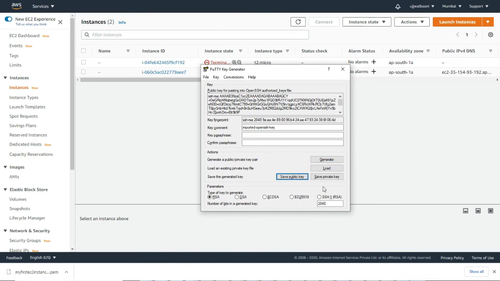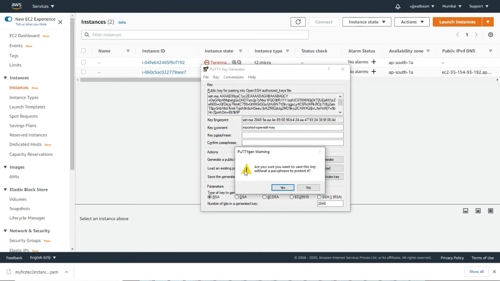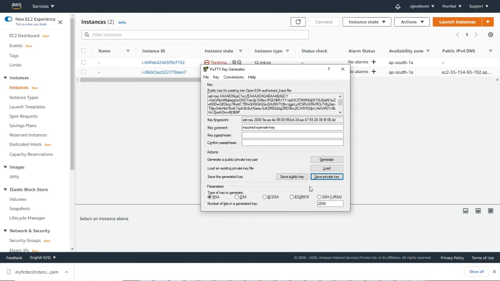When you generate a private key, it will generate a file with extension .ppk, and when you save the public key, it will not have any extension. Okay, and while saving, it will ask you for this warning message whether you want to save it without passphrase or not. Okay, you click on no, it will generate the file. Okay, now after doing this step, you will have to open the PuTTY application and configure the keys over there. I'll show you how.